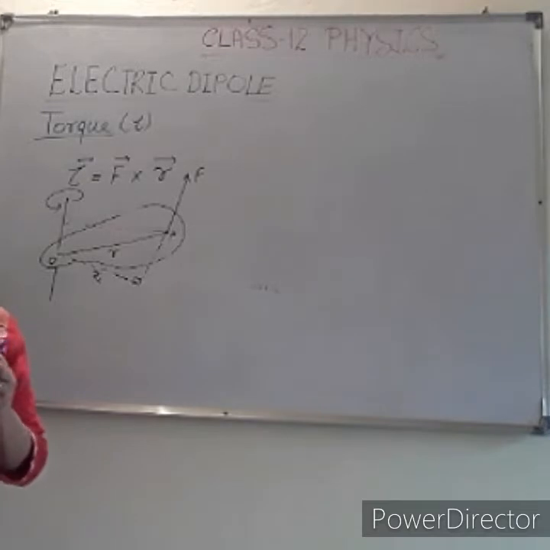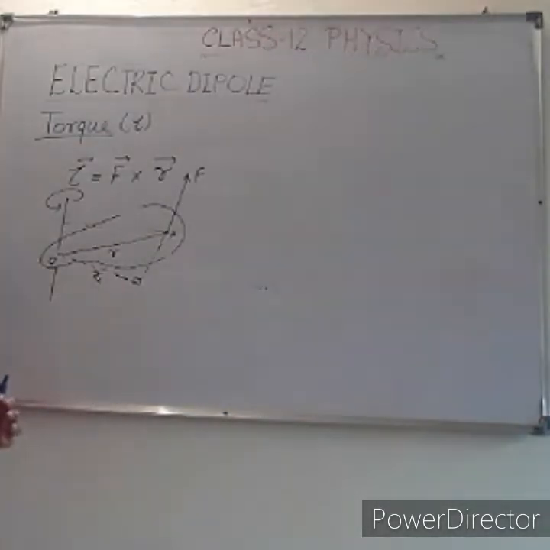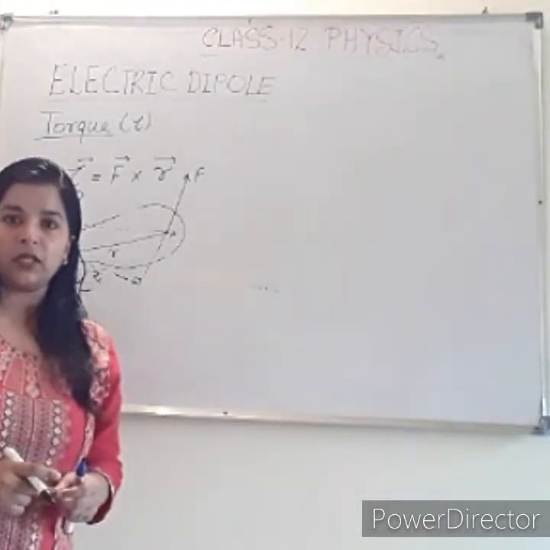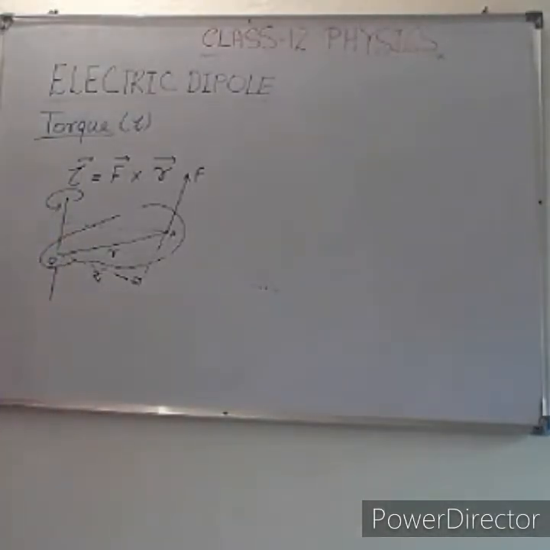So it depends on the axis of rotation you are choosing. You can take the axis of rotation horizontally too. If the axis of rotation is horizontal across this marker, then the dipole will rotate in this manner. So overall, the torque term is related to rotatory motion. And you heard about the equilibrium condition, that there are two kinds of equilibrium. One is linear equilibrium and one is rotational equilibrium. So here we will apply the equilibrium condition too after getting the torque value.